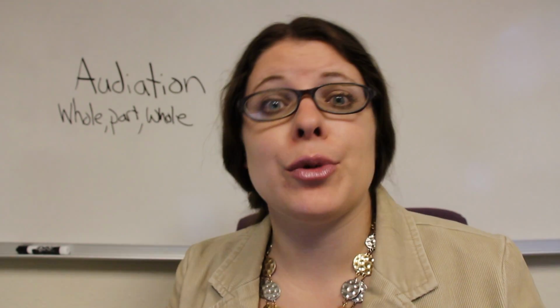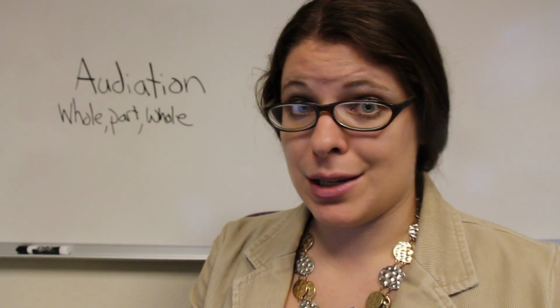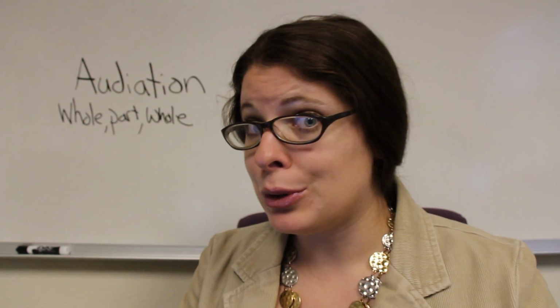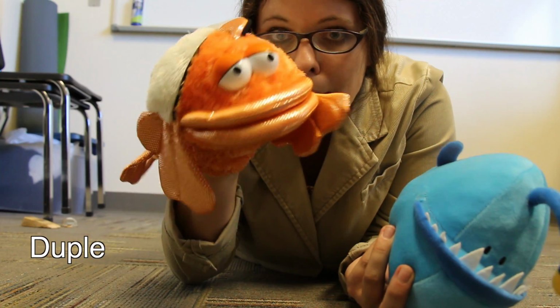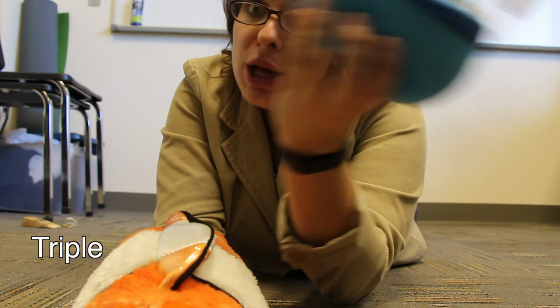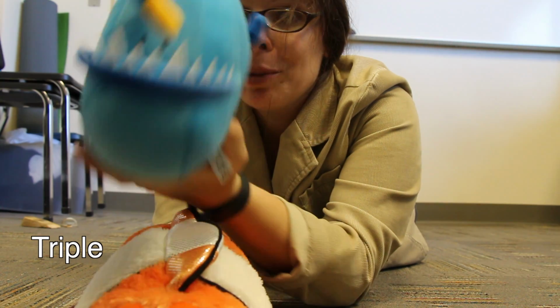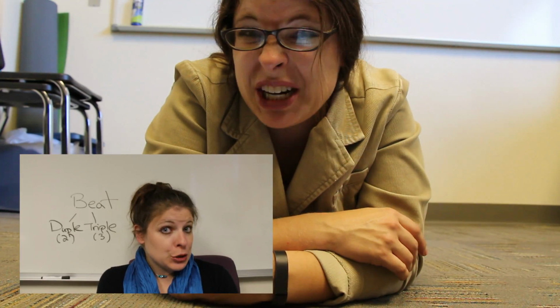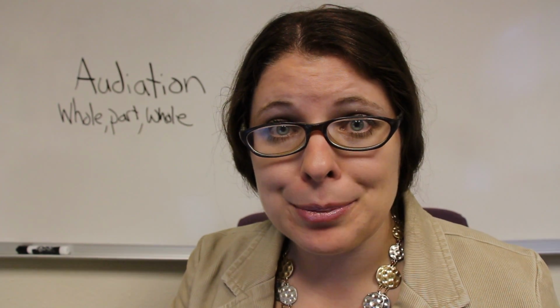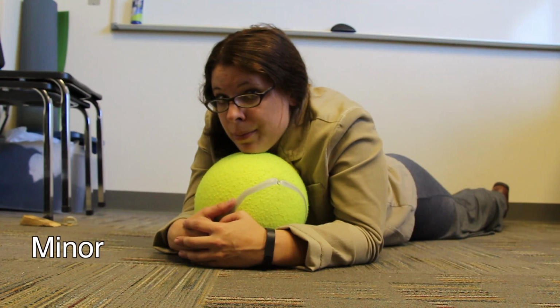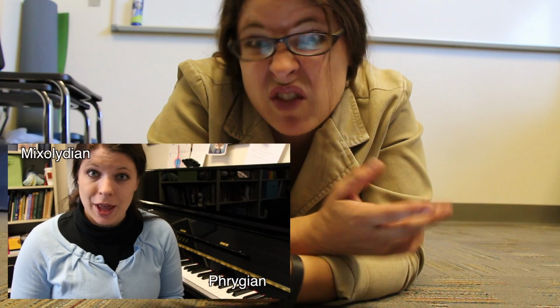Whole, part, whole. The patterns are ordered, but they also rotate through a series of important aspects in music. There are ordered patterns for double and triple. Remember when we talked about that? But also major and minor, which is tonality. We've kind of talked about that.